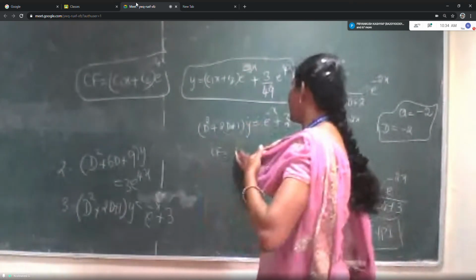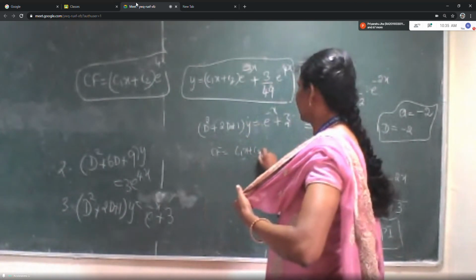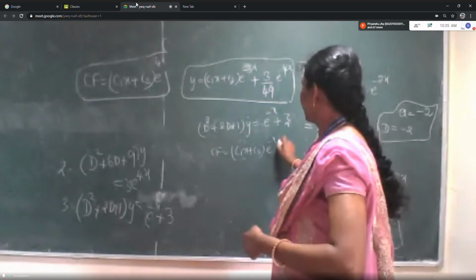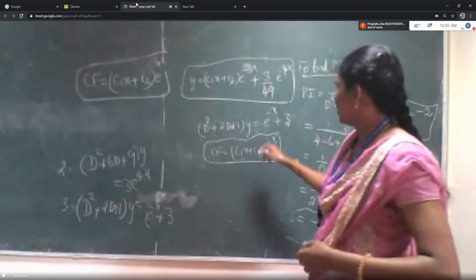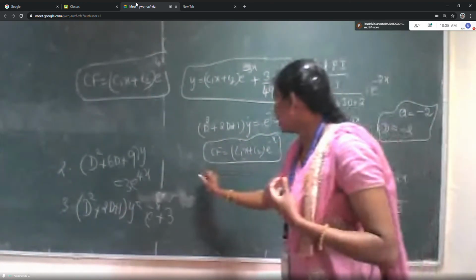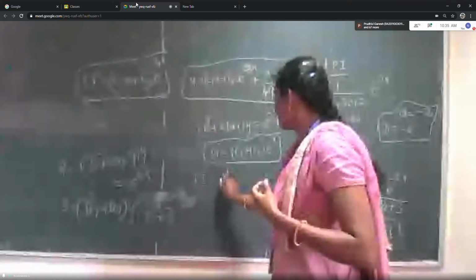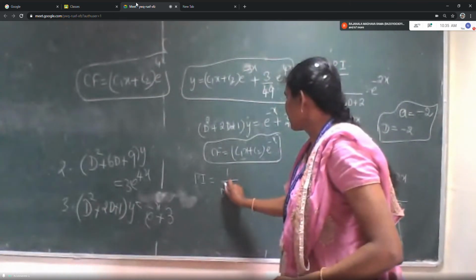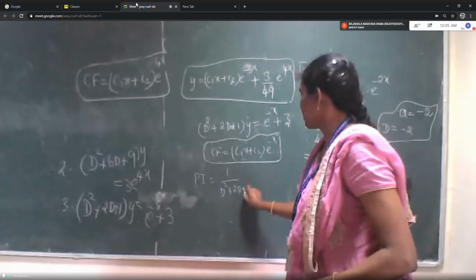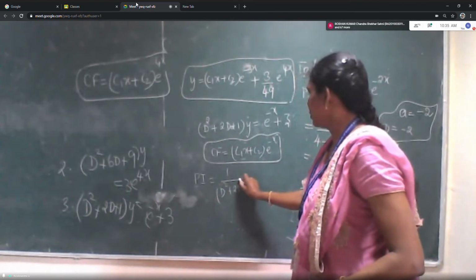Equal roots, so that is C1 e to the power minus x, okay, PI into